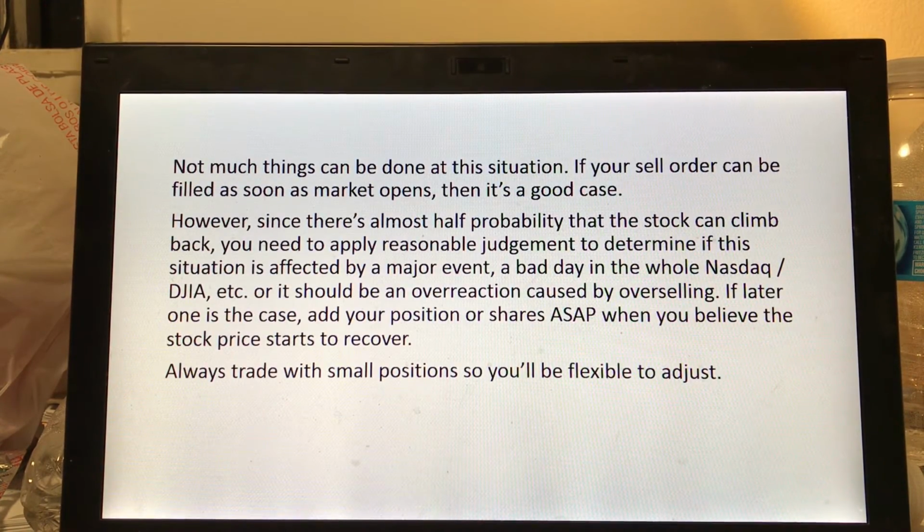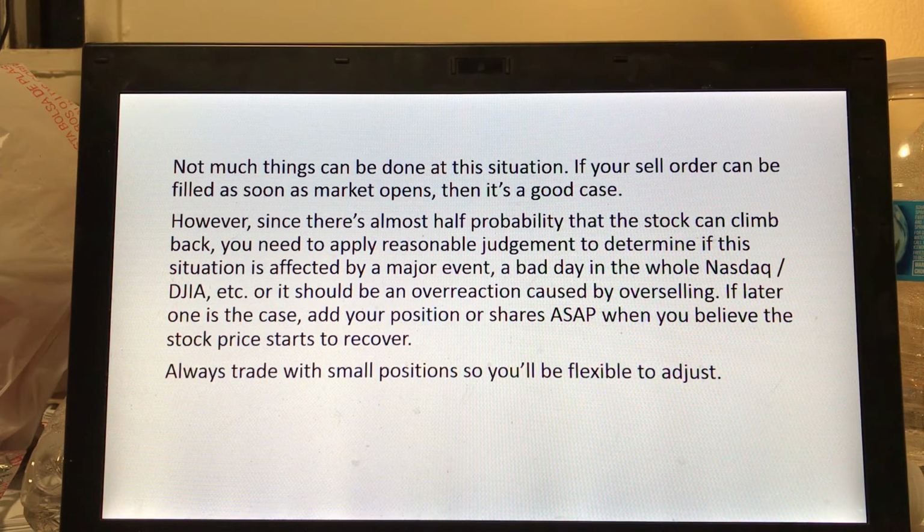Okay, so after knowing this, there are not many things that can be done about this situation. After you see that the market has a downtrend immediately after the market opens, if your sell order can be filled as soon as the market opens, then you are lucky and it's a good case. However, since there's almost half the probability that the stock can climb back, you must apply your reasonable